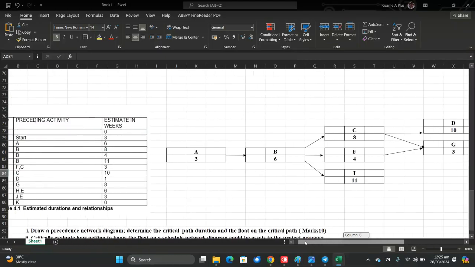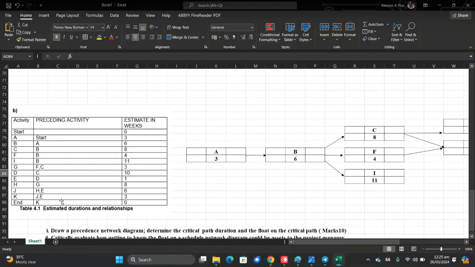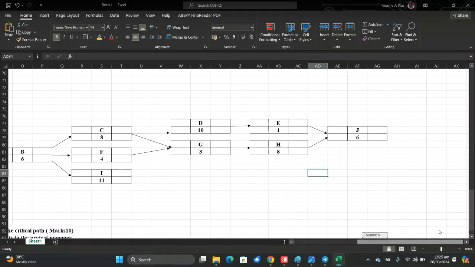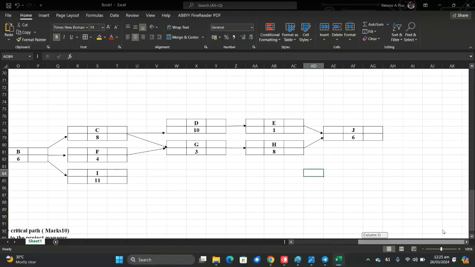Alright, exactly. And then we have JE. And also one advice, the lecturer said before you do this on your answer sheet, you have to do the rough work on a paper, so that you will not be cancelling here and there. That's true. So we have what? JE. So let me just put maybe,